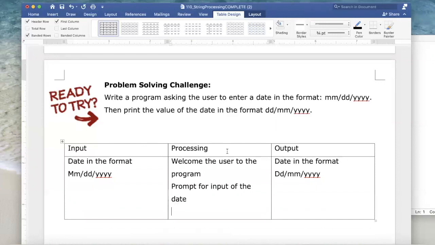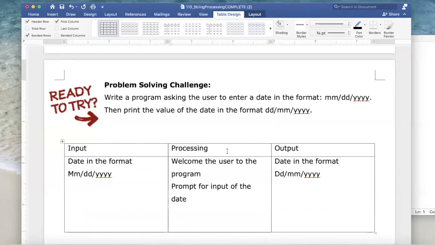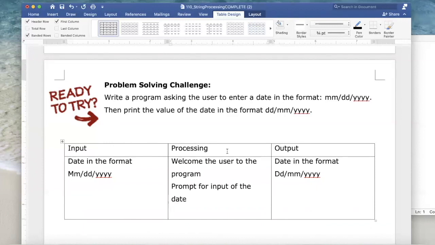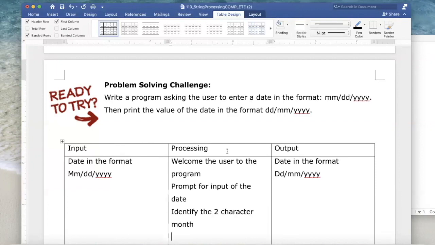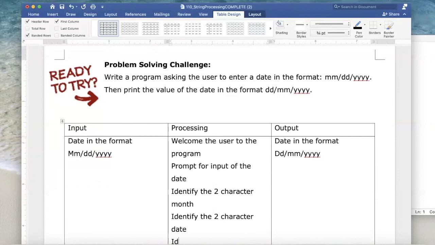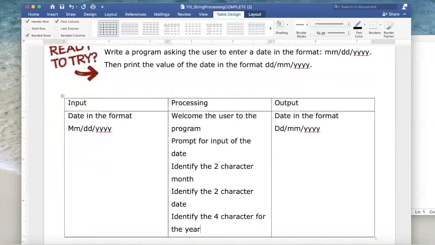Then we need to create the date in the new alternate format. And to do that, I'm going to need to pull out the 2 characters that represent the month, and I'll also need to identify the 2 characters for the date. And then identify the 4 characters for the year. And then once I have those pieces of information, I can print the 2-digit date